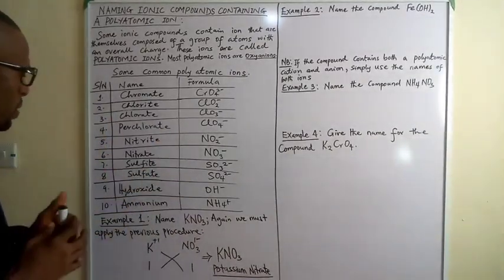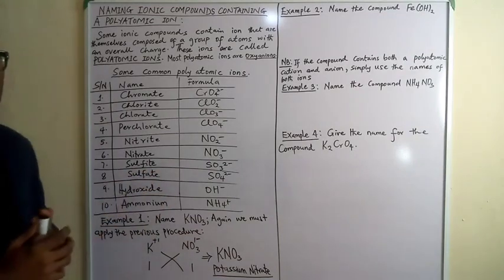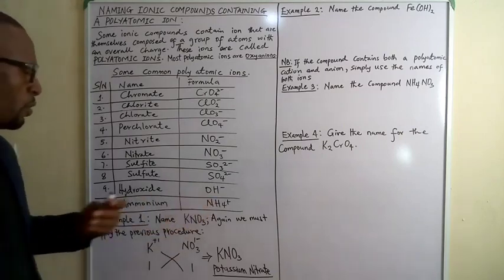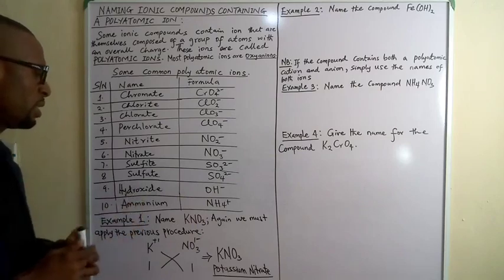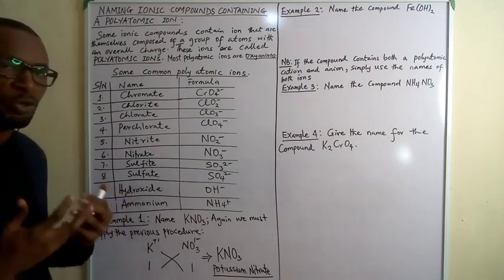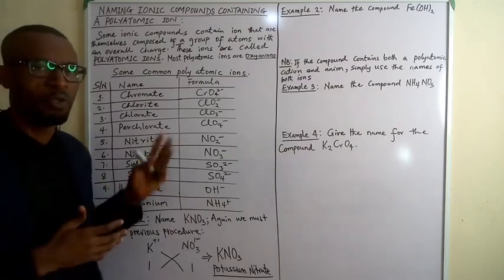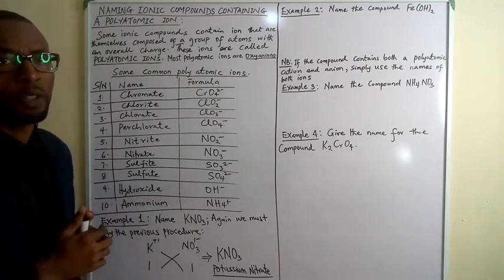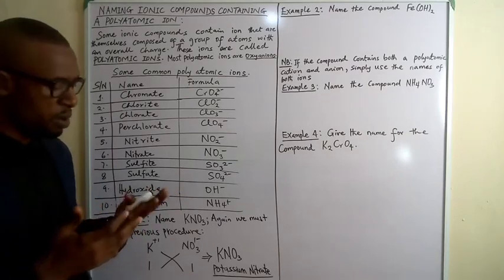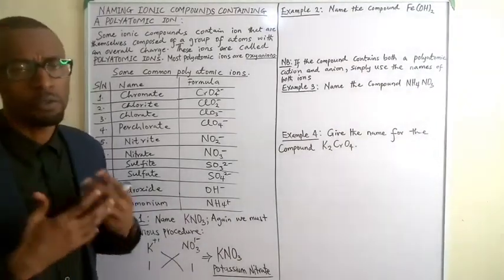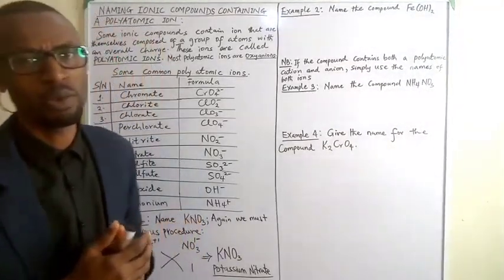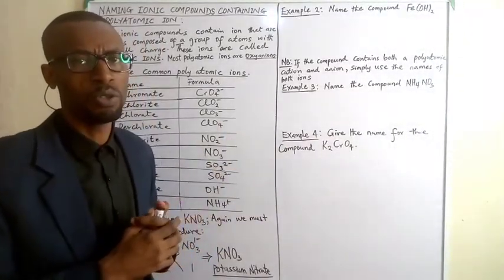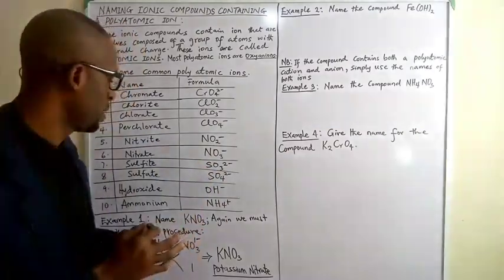Now the first example of an ionic compound they gave us to name is KNO3. To name KNO3, we must use the previous procedure we've always used when we name type 1 and type 2 binary ionic compounds. We must pay attention to where we have transition metals, which show variable oxidation states, because that will help us know which of the 2 previous procedures to use to name a particular ionic compound.